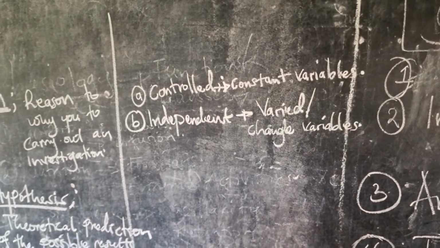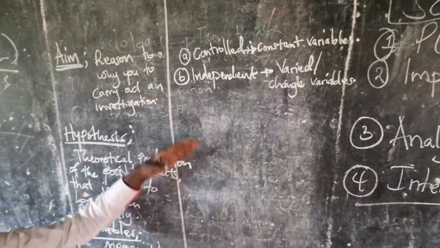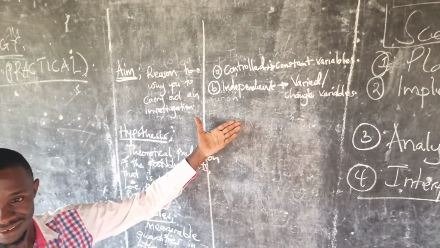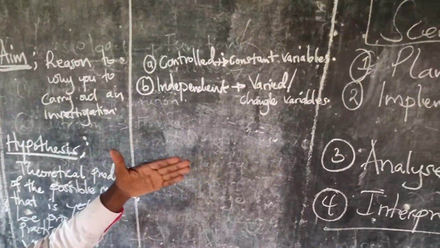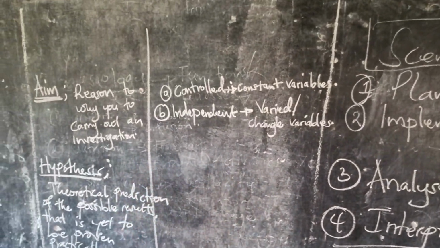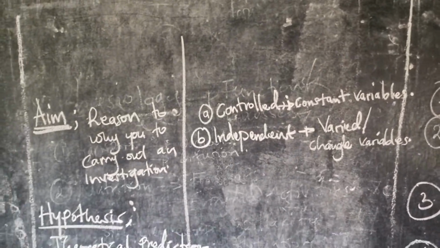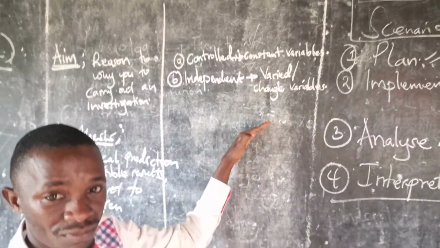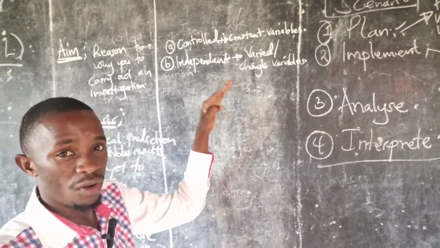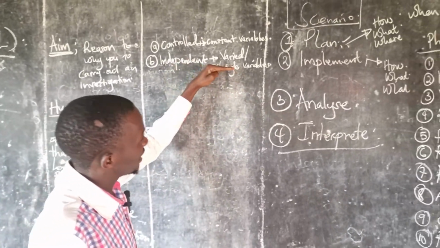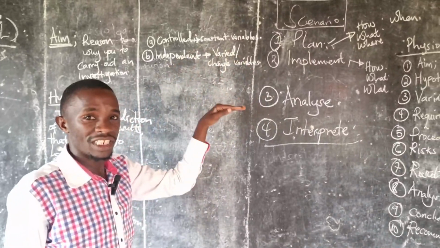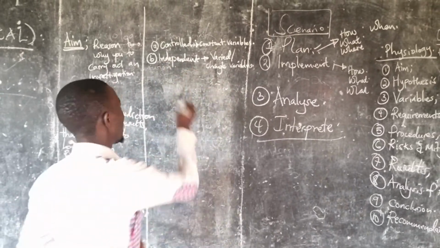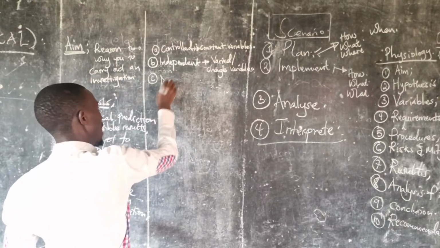So the quantities that will be changed in the experiment, we all started physics. We know what the word quantity means: anything that can be measured in terms of magnitude is a quantity. Whatever is measurable in the experiment, for example time, temperature, volume, that can be measured but changed so that we can get results in an experiment, will be termed as independent variables. And then the variables may be dependent